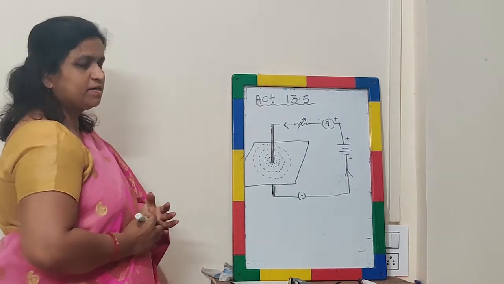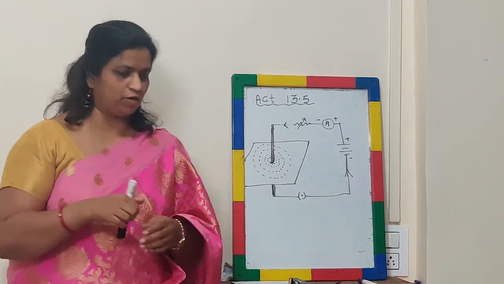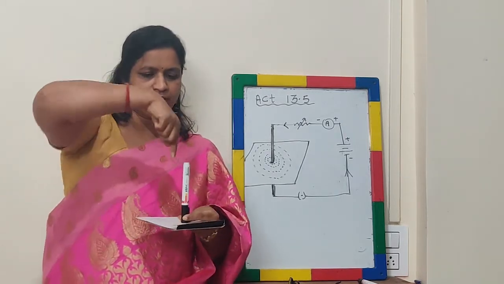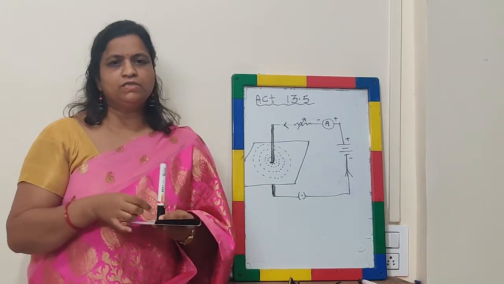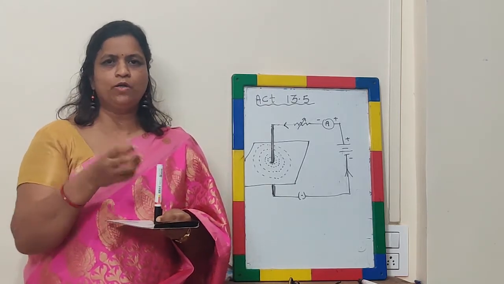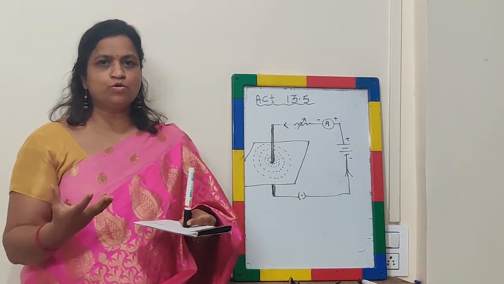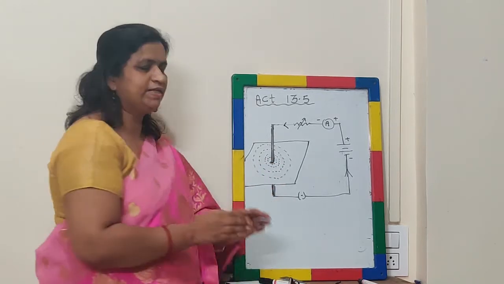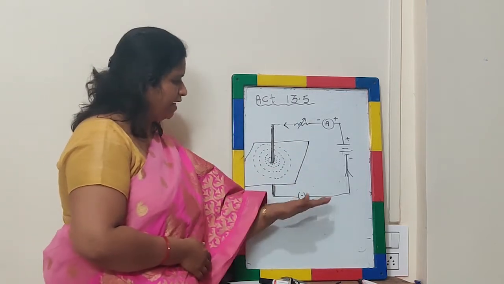These concentric circles show that magnetic field lines are present around the conductor. So if I have a board and a conductor, we will get circles like this. The innermost circle is much smaller, and as we go outside the conductor, the circle size goes on increasing, as well as the distance between these two circles. So this is the total arrangement.